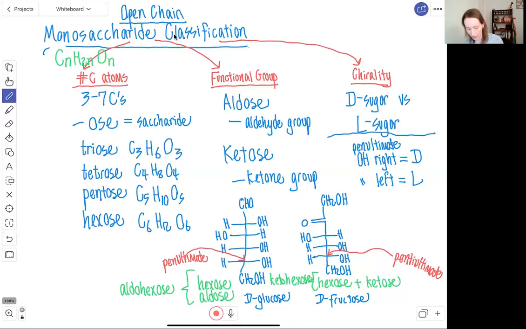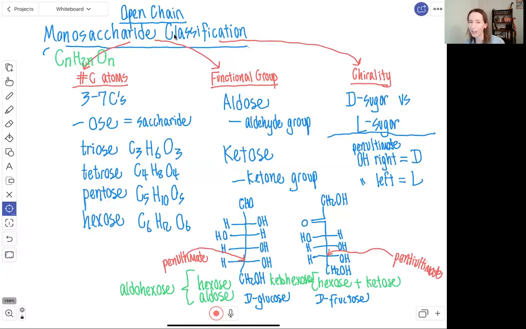So D-glucose, D-fructose, we look to the next to the last carbon out of the chain. We see the hydroxy group is to the right, like I'm highlighting here and here in glucose and fructose. Seeing that that's to the right, that indicates that it is a D configuration sugar. And most of the natural carbohydrates are going to contain exclusively D configuration sugars rather than the L configuration monosaccharide